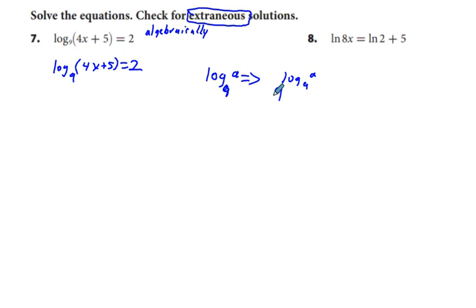And what happens is 9 to the power of log base 9 will cancel each other out, and we're left with a. So we're going to use this principle, and we're going to, on the left side, rewrite this as